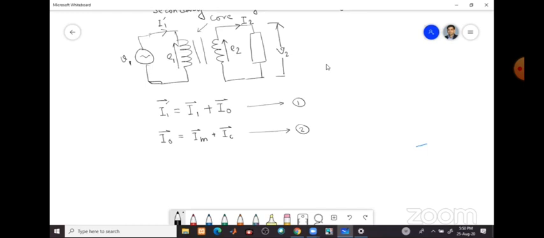Okay, now let us go for the voltage equation for the primary. In the primary, you know that the primary current, that is I0 or Im, when the Im is flowing, the flux will be generated in the primary coil, and a maximum portion of the flux will flow through the core, and some of the flux will be leaking.